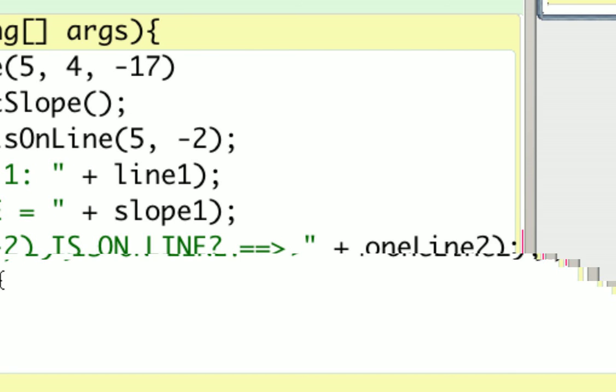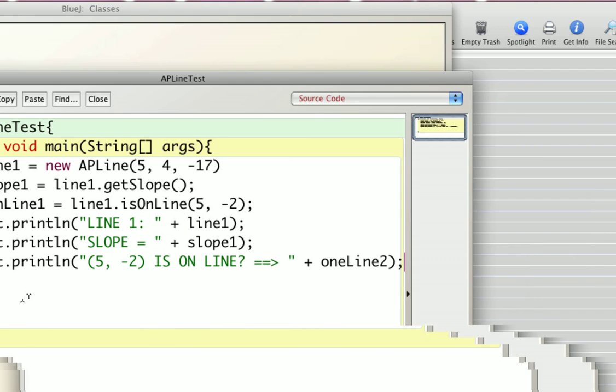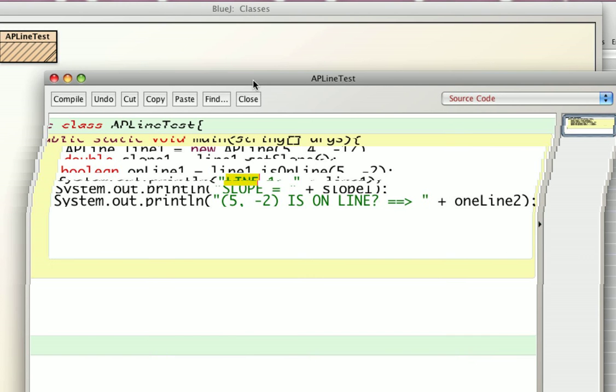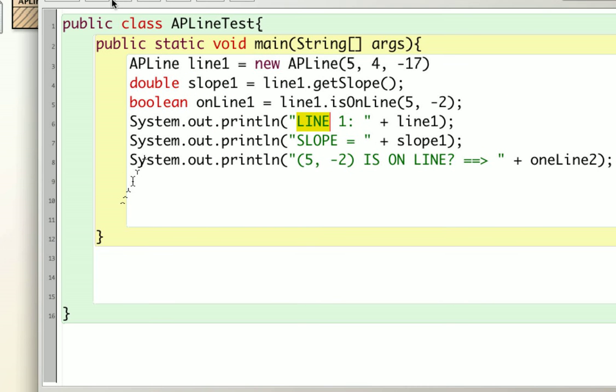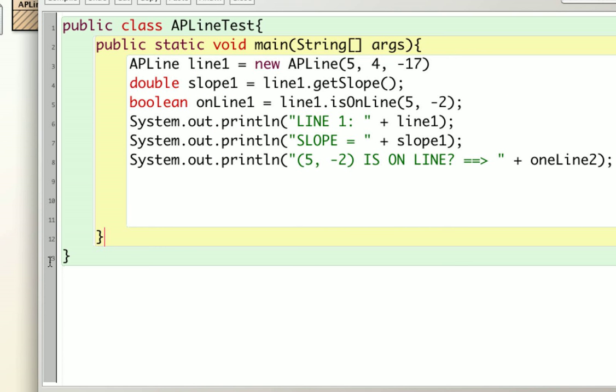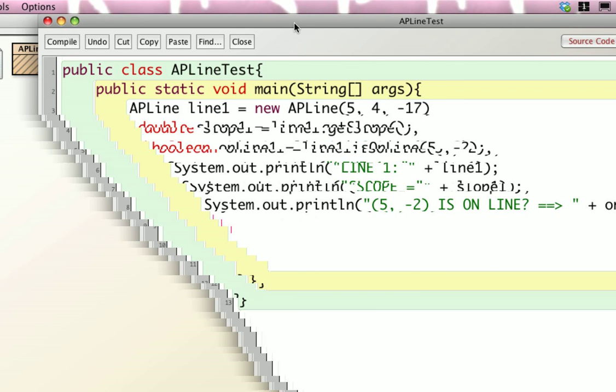All this is basically what constructs a main class. This way it can be calling out the subclass. Once this information is displayed in the subclass, it's gonna return other information that's gonna be read by this and this, by the double and boolean under the names slope 1 and on line 1, and then once that is read, it's gonna be printed out to the user. So we're not compiling this right now because it's gonna give us an error, because the subclass